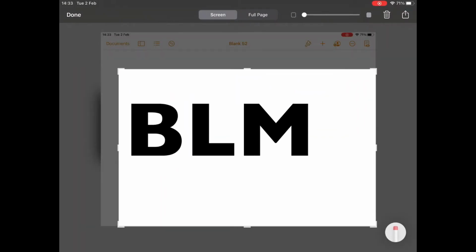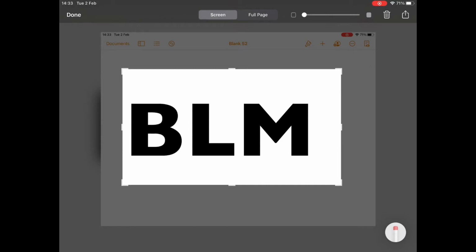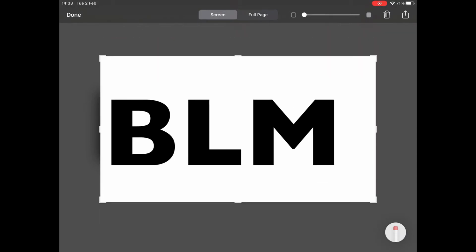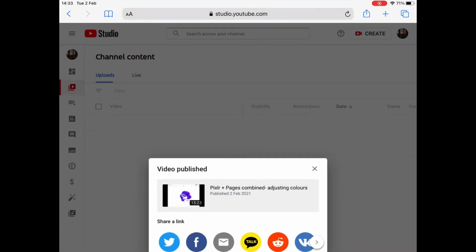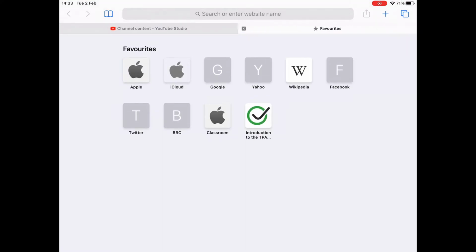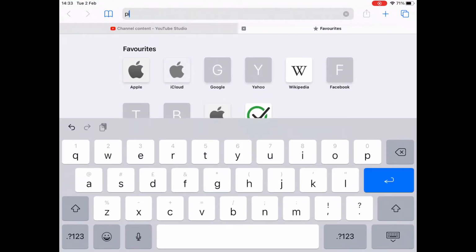So, as usual, take that text, turn it into an image by screenshotting it, and then crop it, and you get a nice tidy image there. And then go on to Pixlr. Now, when you open Pixlr,